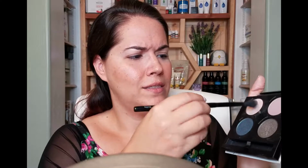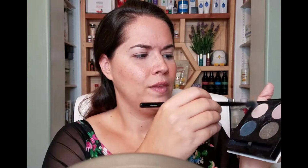Anyway, I'm going to pick up some Unwind and some Grace together. So Unwind is more of a matte, and then Grace is more on the shimmer side. Let me take some of it off. And all I'm going to do is apply it to my lid. So I don't have any primer on. All I did was